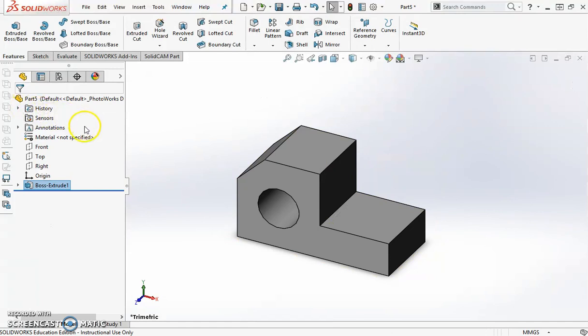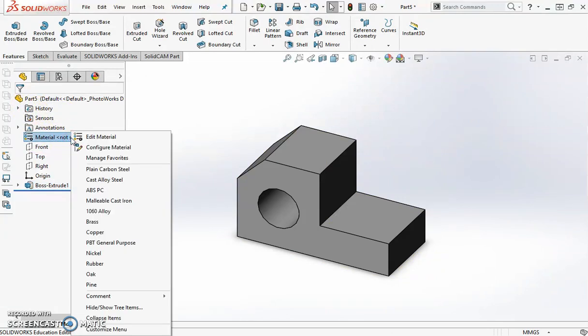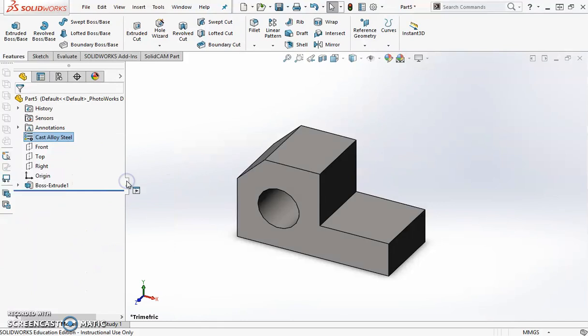Then we need to change our material. So over here where it says material, right click and change it to the material that it says. In this case, it says it is cast alloy steel. Okay. So it might not have changed the color because cast alloy steel is this similar gray, but it did